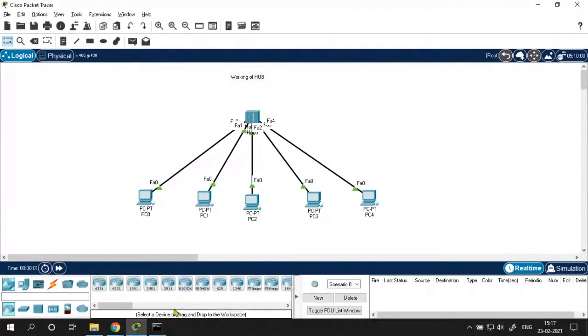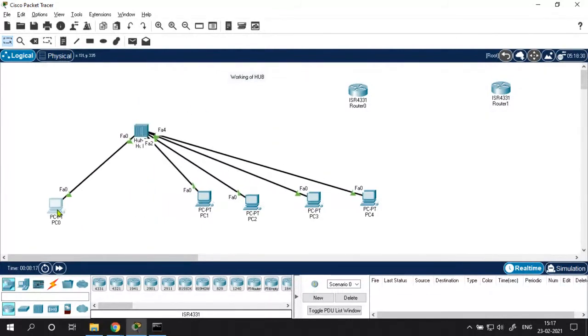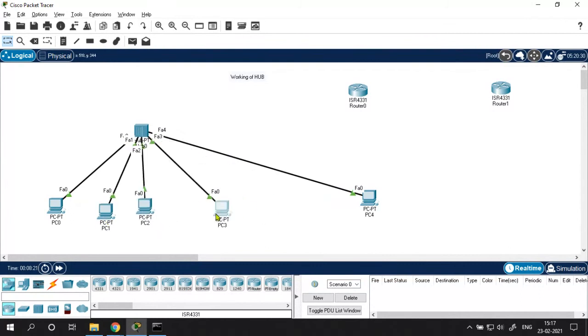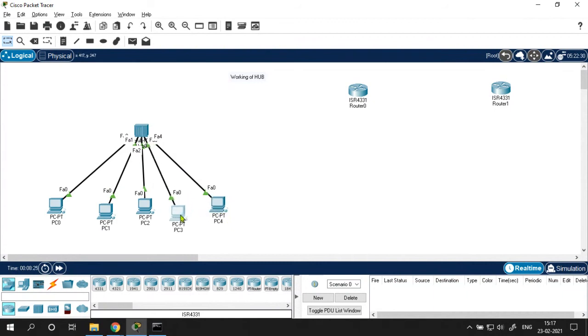So can you let me know which cable you will be using to connect two routers? This is local area network 1 connected with one router, local area network 2 connected with another router. So what is the difference between hub and switch? Yes, class. Instead of using a hub, it's better I use the switch.